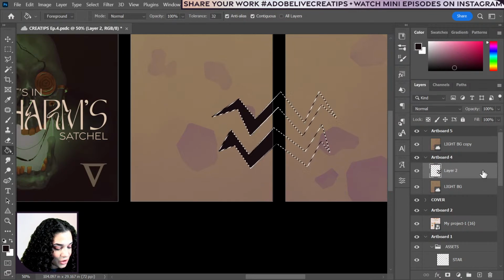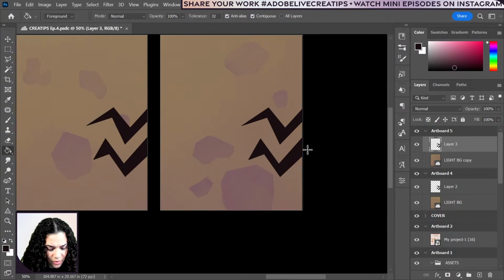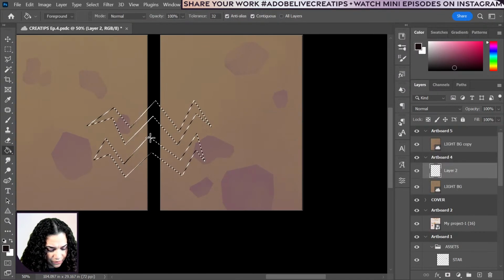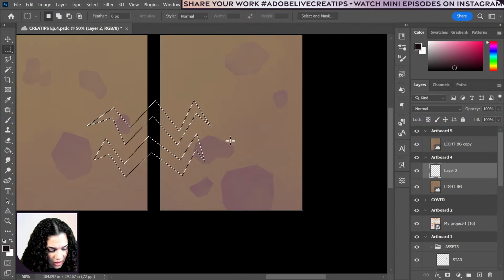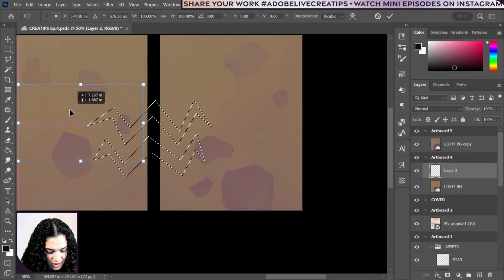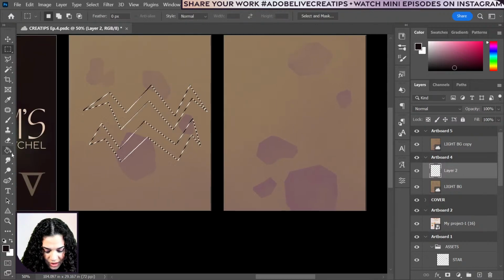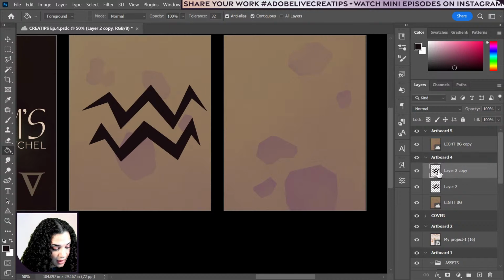So now if I duplicate this and bring it over here, let me see if, no, I'm gonna have to do it this way. Let me transform selection, if I can. Transform selection, bring it here, and then I'll paint bucket it. Boom. And deselect, and I'm gonna duplicate that and hide one, but I'm going to